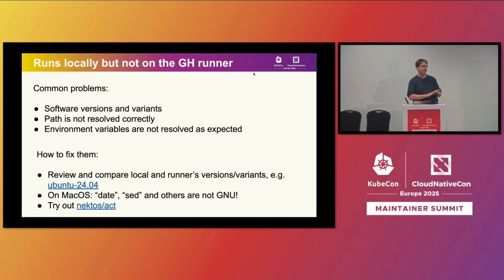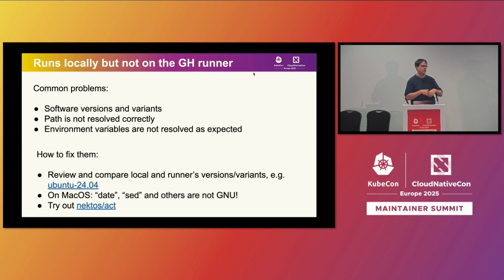Because on my local machines, I use different software versions and variants. So one thing that happens to me all the time is I use the date and the set command. And then I use macOS, and they don't use GNU utils, and the date command behaves completely differently. So then you put it on the GitHub runner, which is an Ubuntu, and then date is different. So this is like basic, not very smart me, but you see the issue, right? So this is something you have to think about.